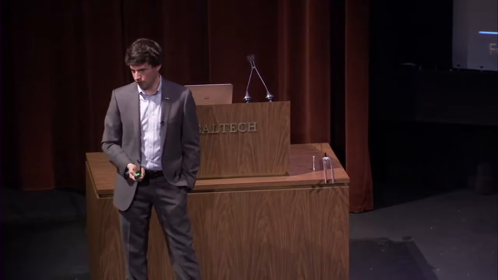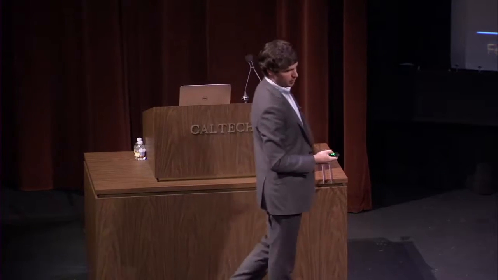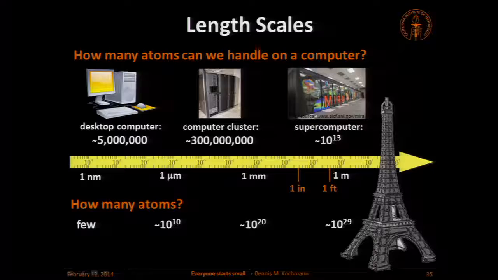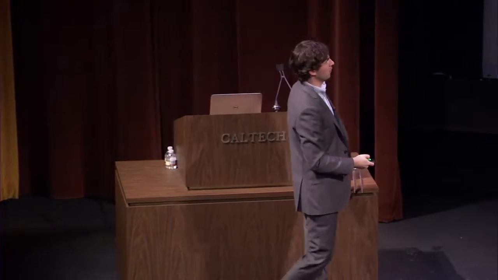So the question is, nowadays, we have computers. What can we do with a computer? Well, the truth is we can't actually do that much. We have limited memory. We have limited speed. If I take my desktop computer in my office and I do a calculation, I can estimate that I can be barely simulating 5 million atoms. That's the limit. Beyond that, the memory doesn't last, and also I would be waiting forever for the results.